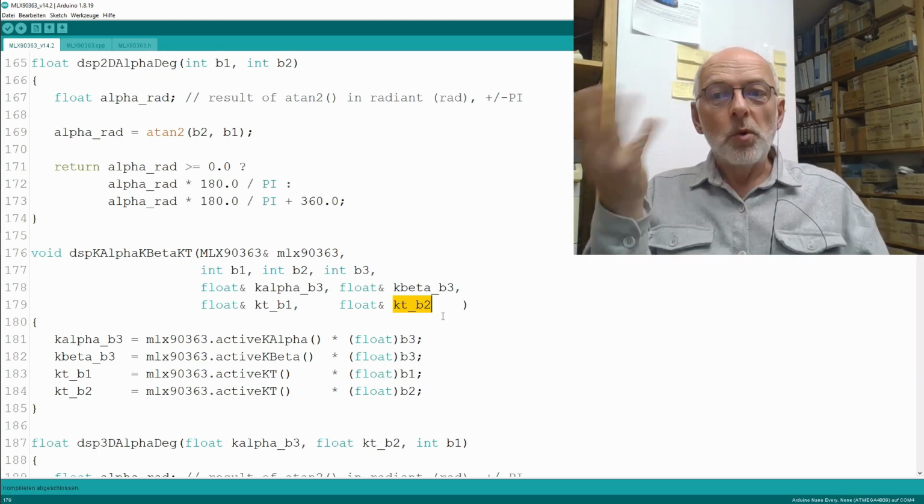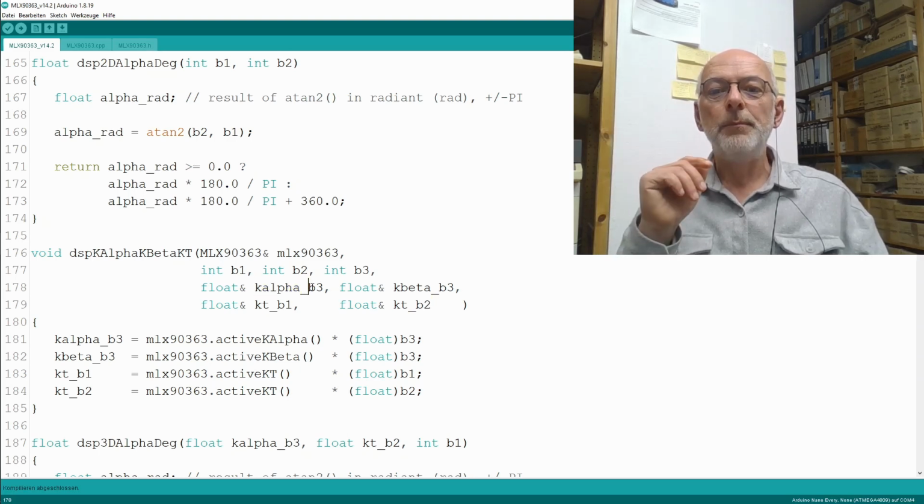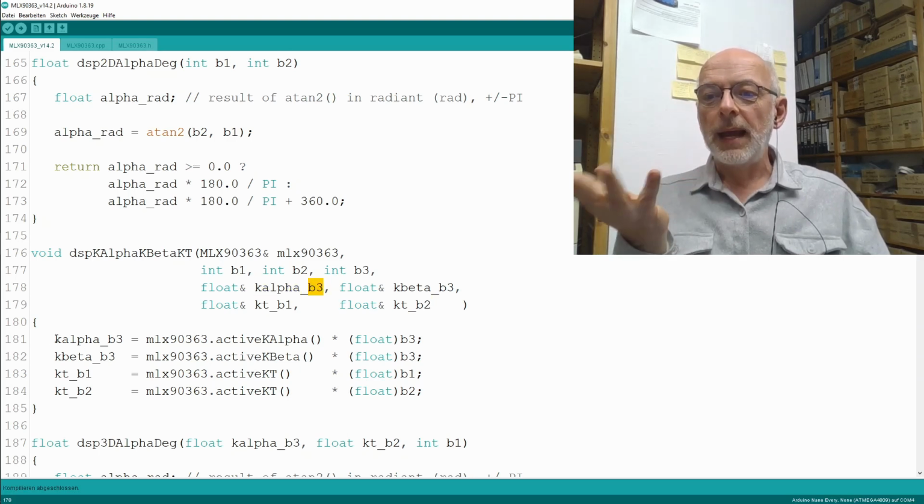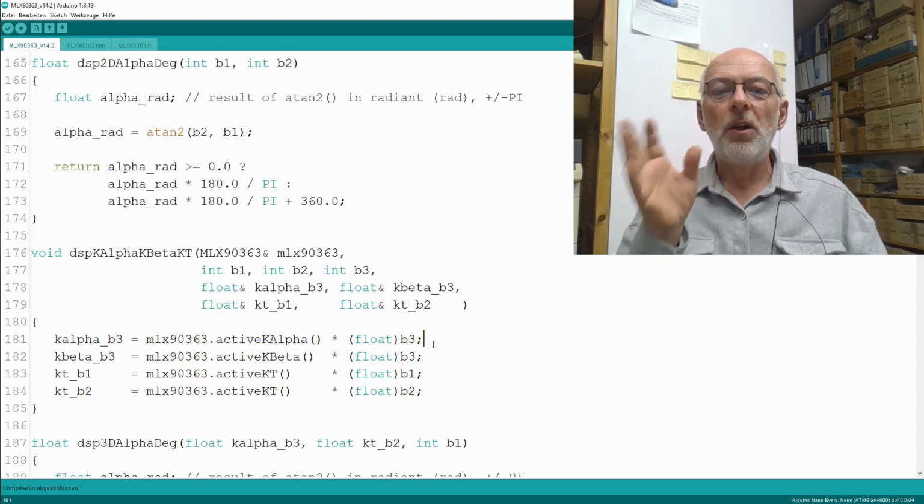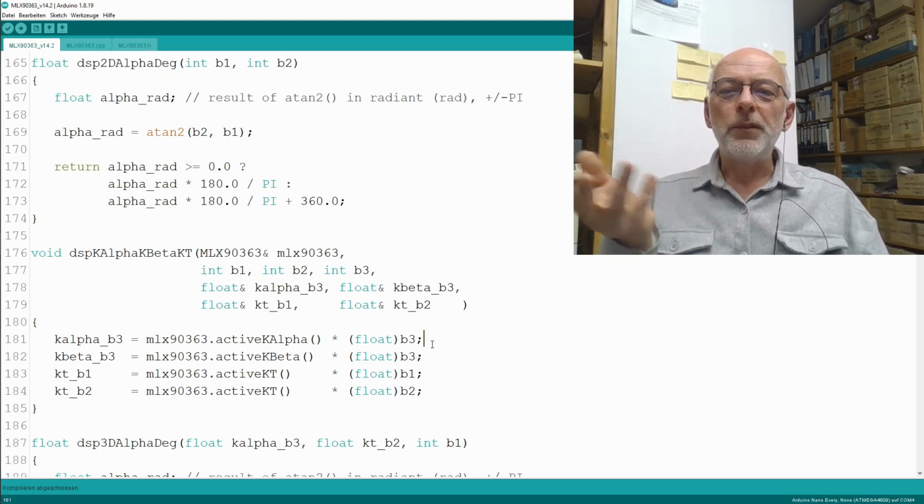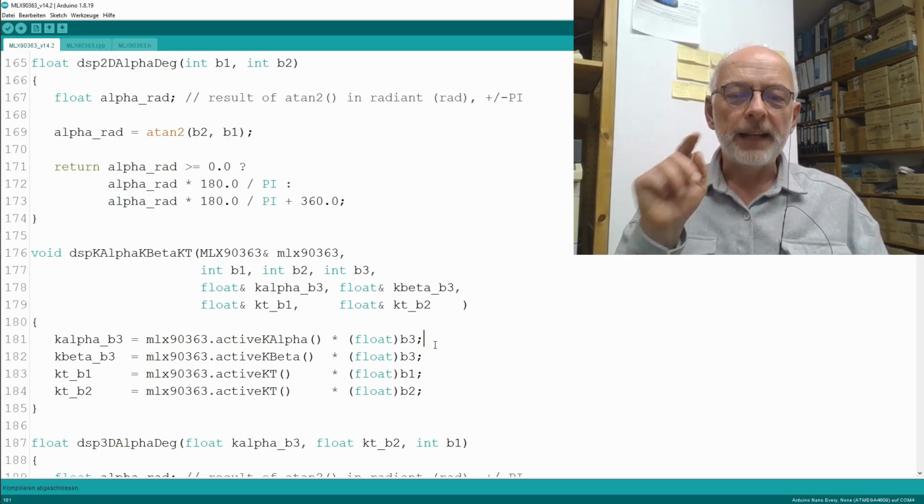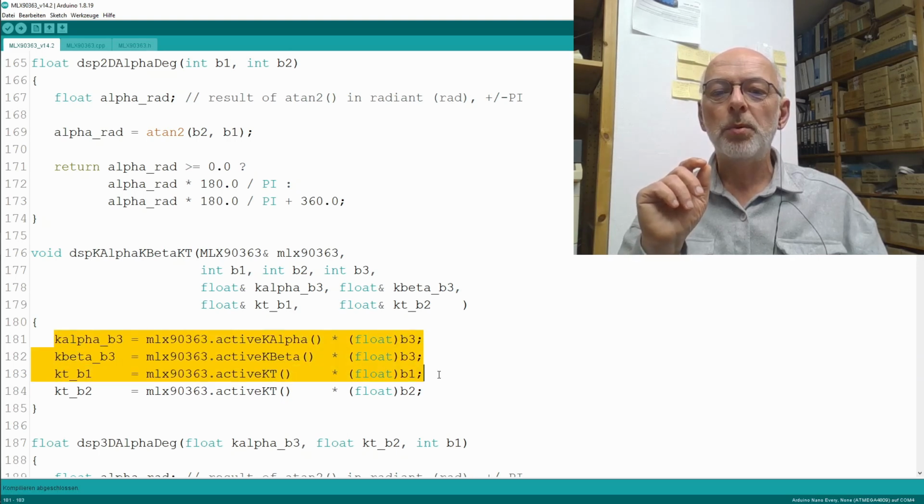These are the products, of course, with, for example, KALPHA times B3. And that's exactly what that function does. It calculates all these products. I will not use these products actively in that sketch, but I want to have access to all these products